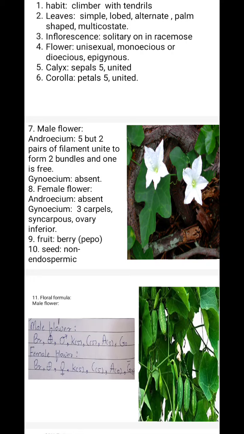The gynoecium is absent and the filaments are united and grouped as 2 pairs and one anther is free. Then in case of female flowers, the androecium is absent and gynoecium has 3 carpels and they are syncarpous